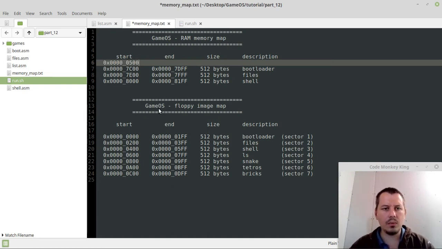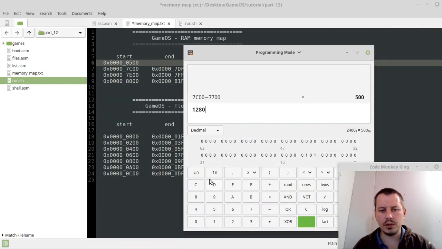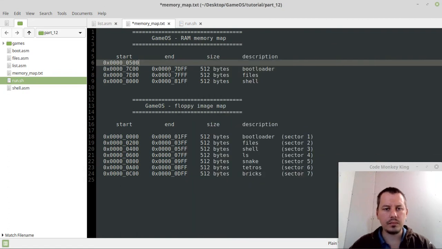Like this, and now we need to say 500s. 512 in decimal would be 200s in hexadecimal. And now we need to say 500s plus 200s in hexadecimal, and we have 700s. So here up to 0x0000700, we have 512 bytes for